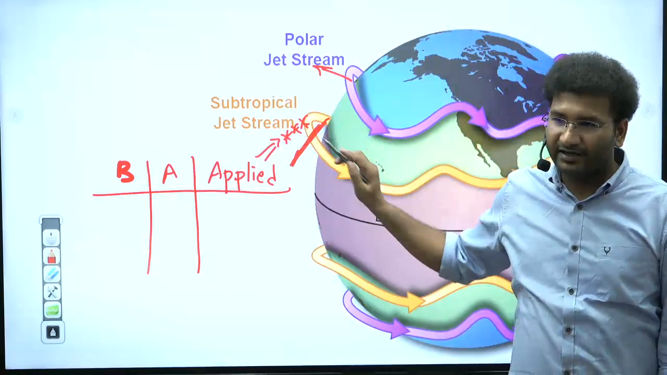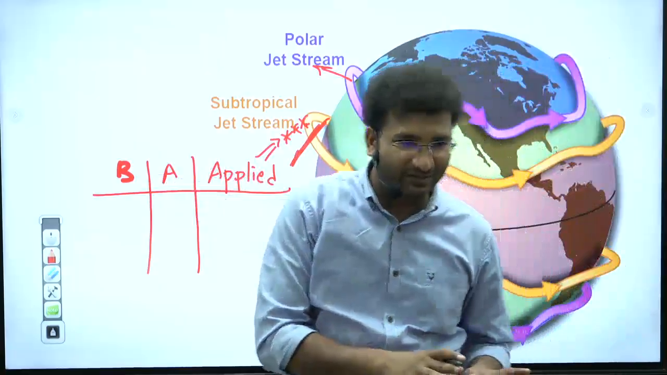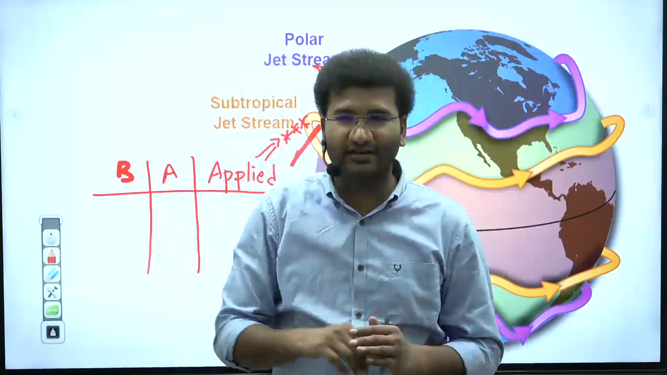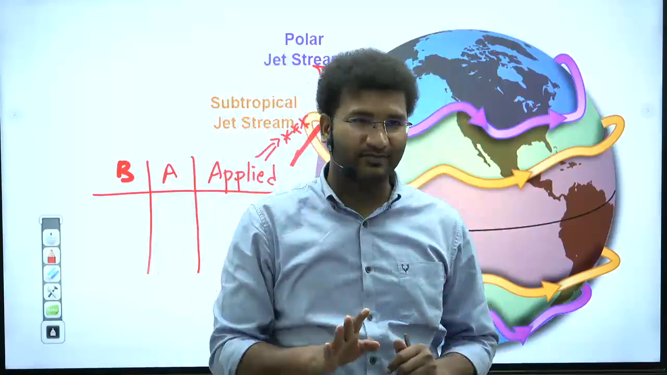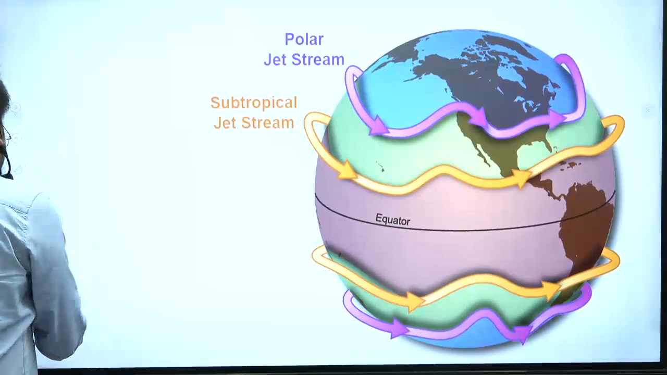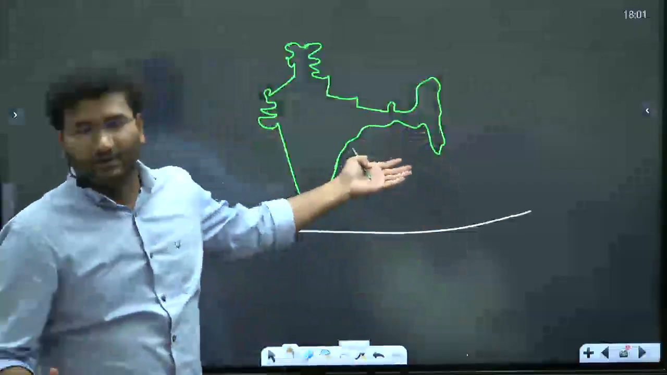Applied geography. Basic geography is what is high pressure, what is low pressure. Advanced geography is how the wind moves because of this high pressure and low pressure. Right? Now one more question one of our friends asked is, sir, do you have the impact of, as near